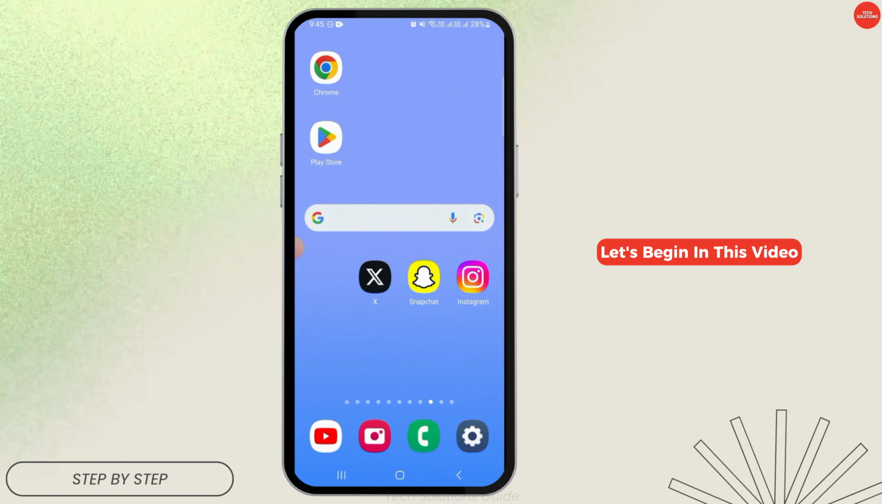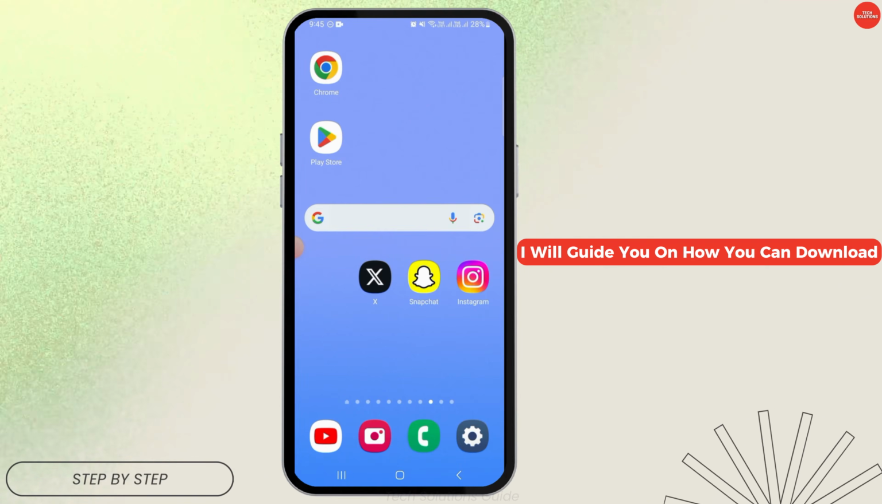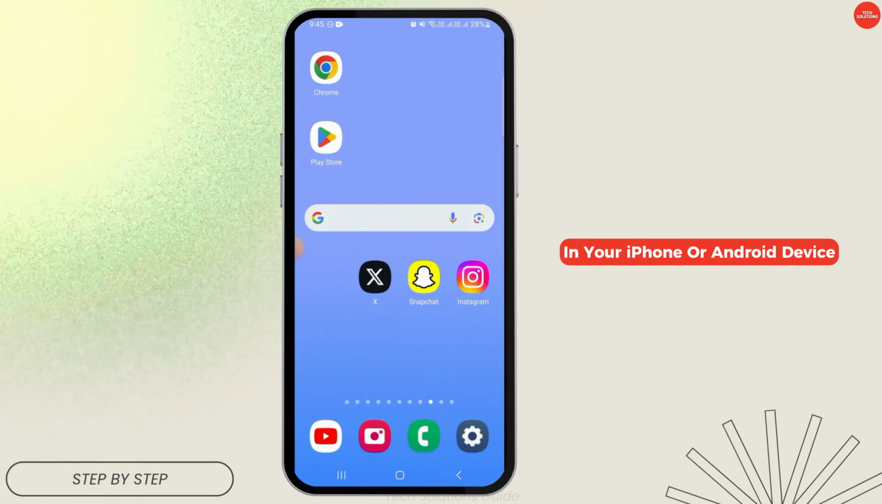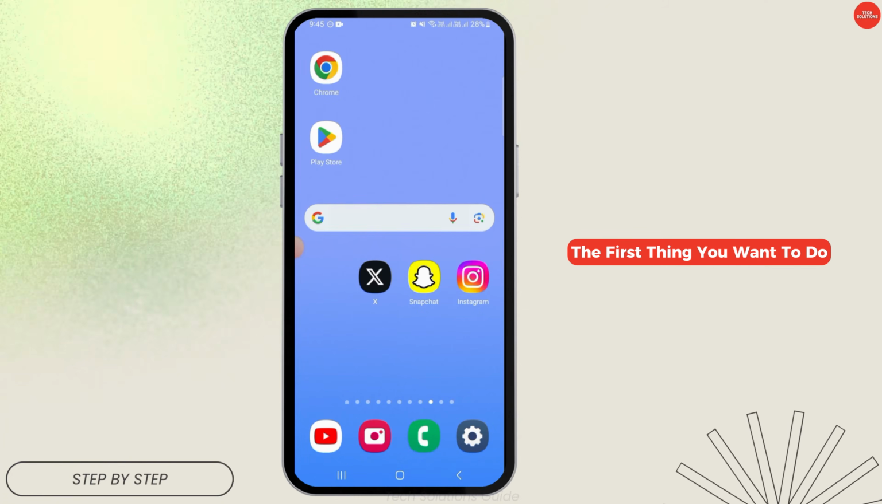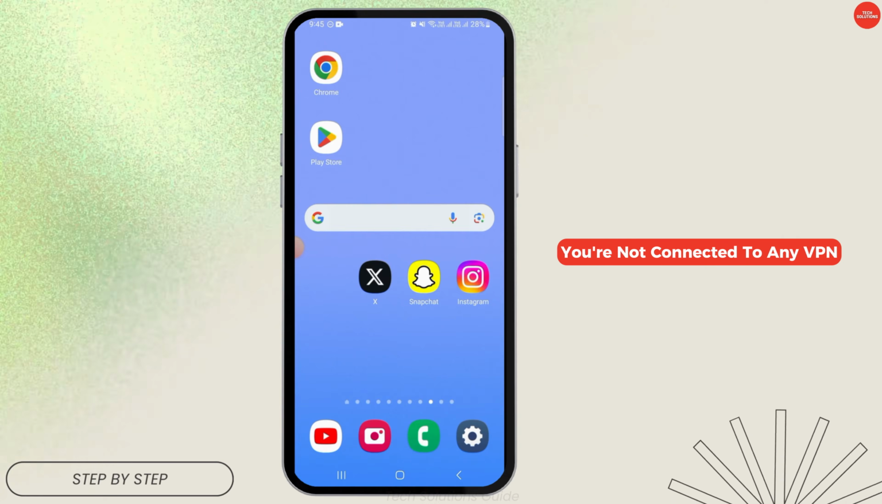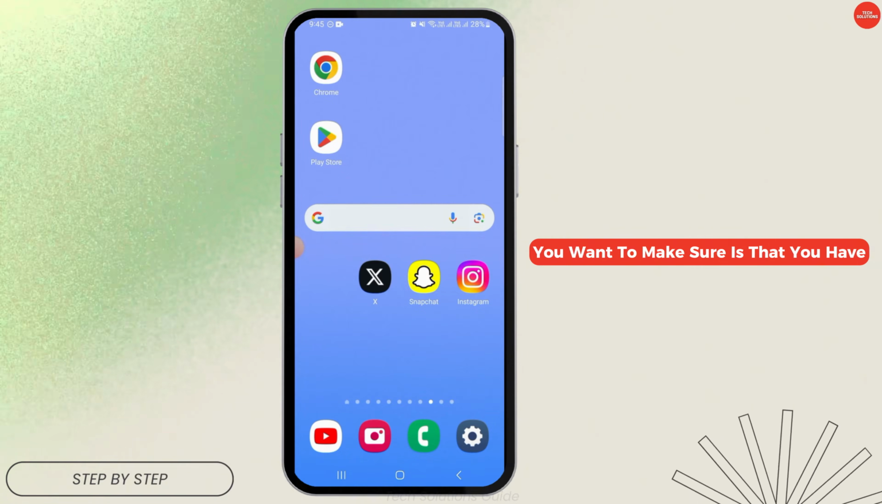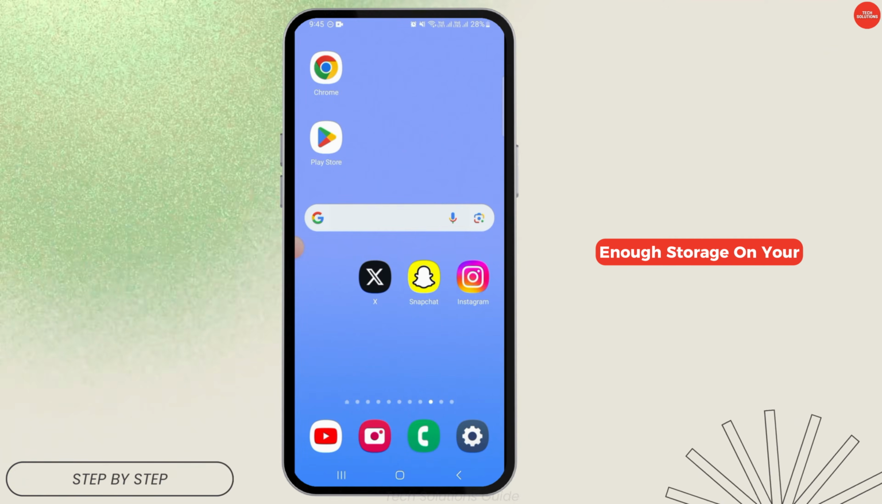Let's begin. In this video, I will guide you on how you can download and install the Breezy movie app in your iPhone or Android device. The first thing you want to do is make sure you're not connected to any VPN. Now, the second thing you want to make sure is that you have enough storage on your device to install